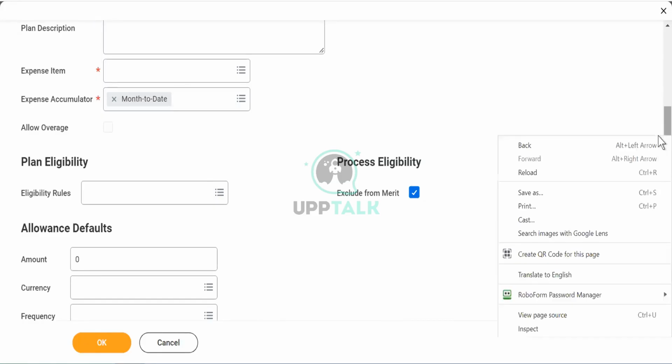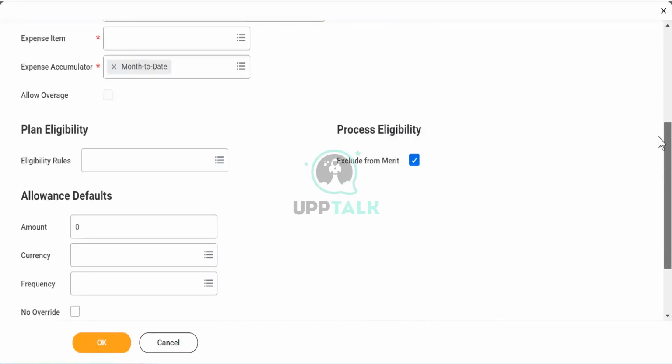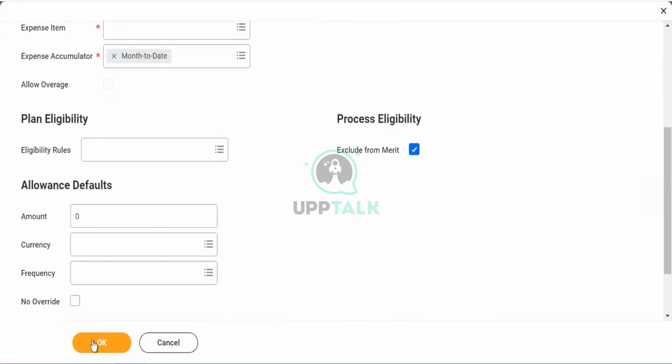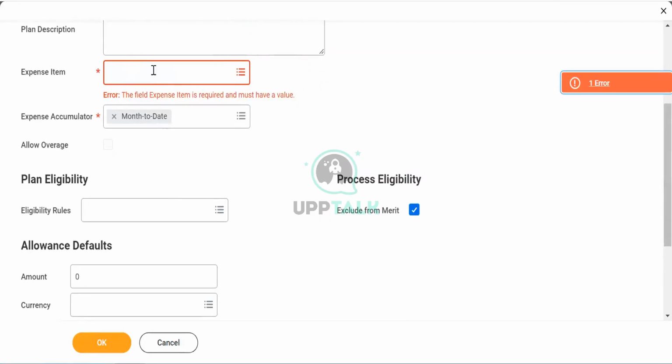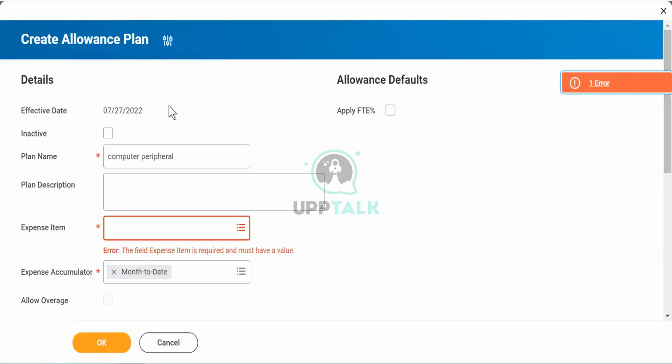We cannot save it. The reason is we don't have an expense item. Even if I go out and click on it, I'll get an error. You see that? That expense item is mandatory. Without that, you cannot submit this allowance plan. This is about your